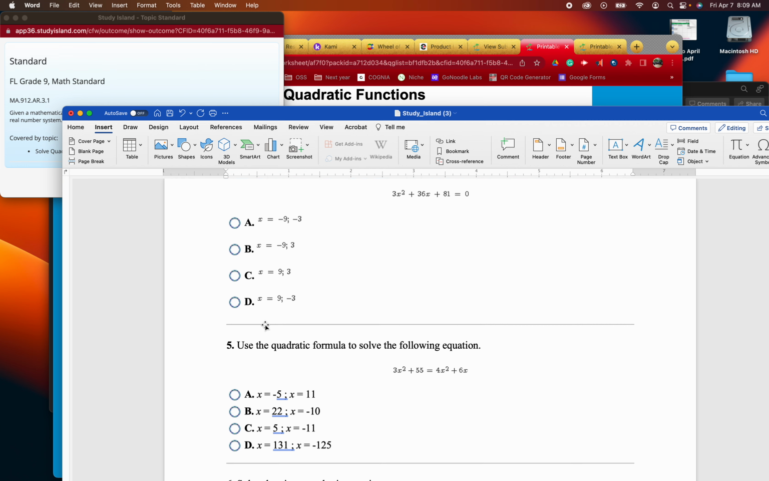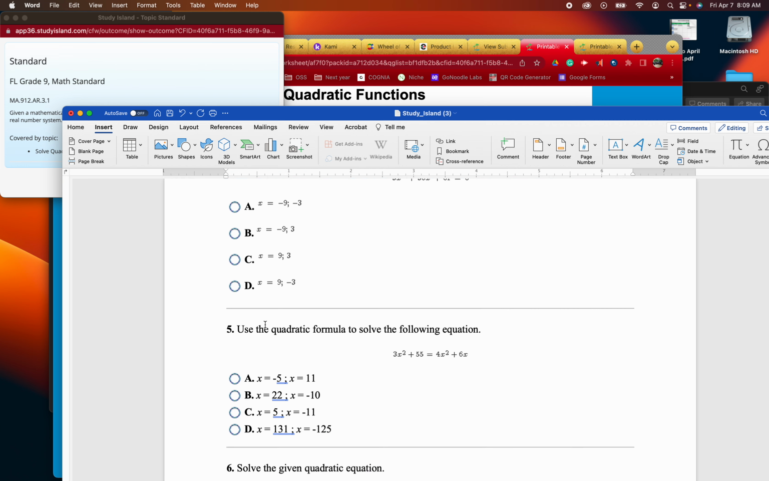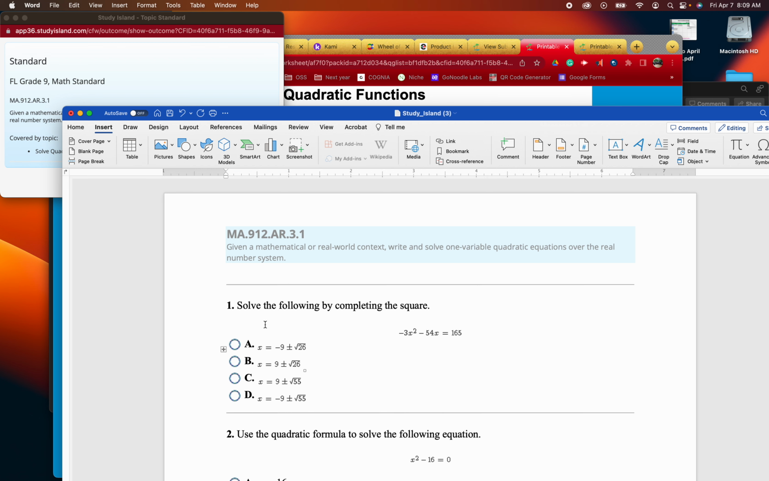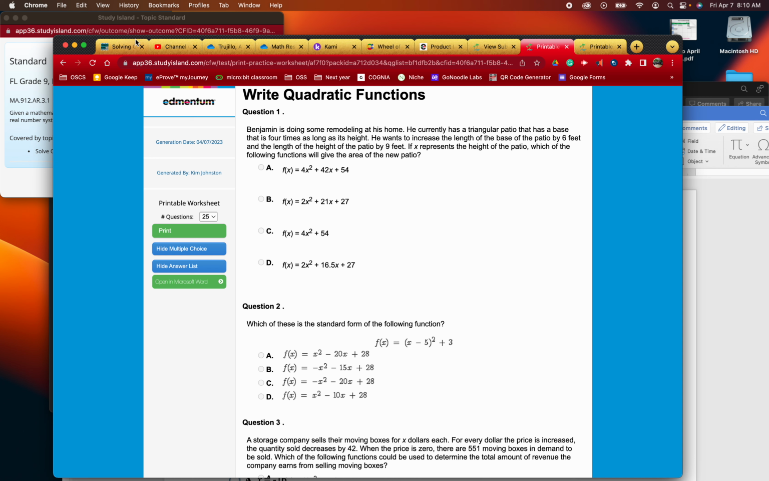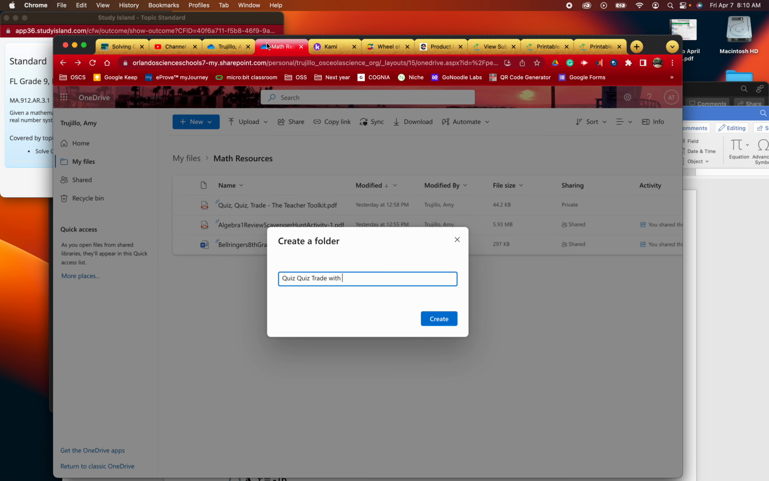This is where you cut. So I'm going to cut this for you. I'm going to put them in baggies. I'm going to say on the baggie, AR 3.1, solve one variable quadratic equations. So here's this. Now, to make it more engaging, that's the next part, is we're going to do